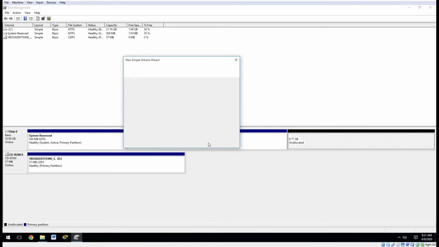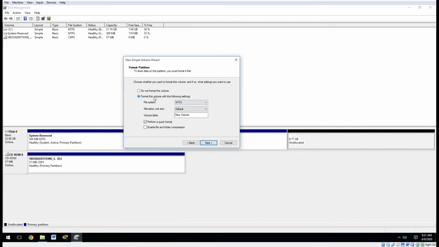And I click Next. And at this part, it'll ask you to format, and what that basically means is it's going to put a file system into that partition. So it's going to partition it and then put a file system on it. And we could skip that. We could say, I don't want a file system, just leave it as a partition, blank, nothing else on it. And then you could put a file system on it later, but I'm going to go ahead and put a file system on it so it'll just show up as a normal drive. So I'm going to call this